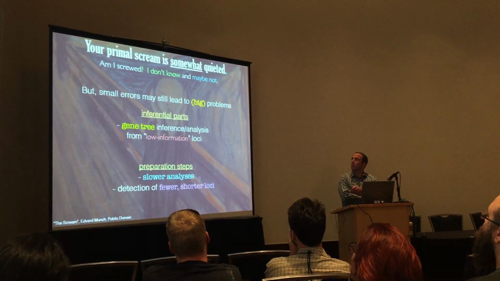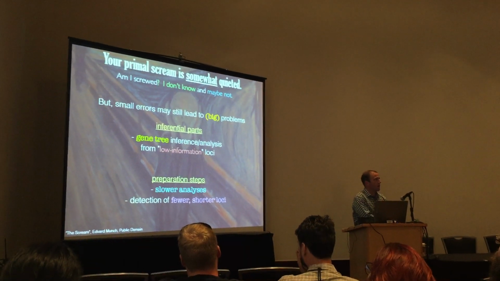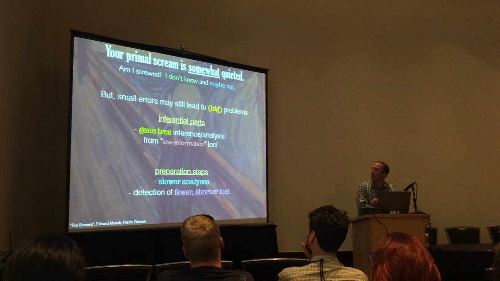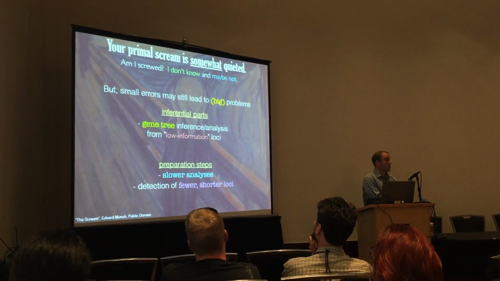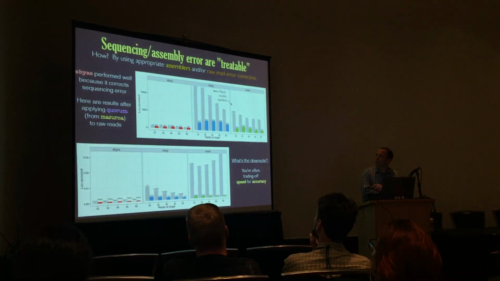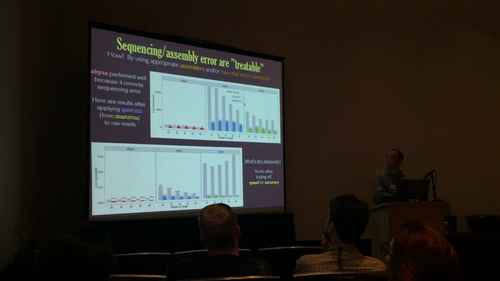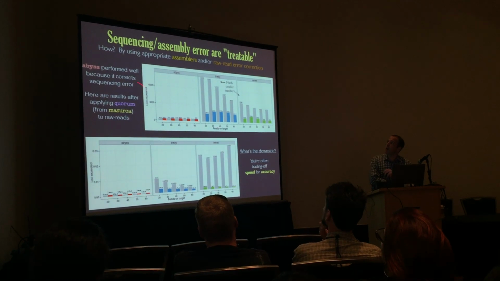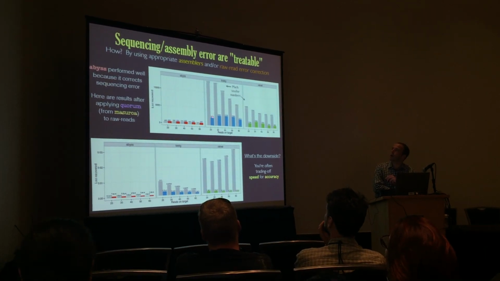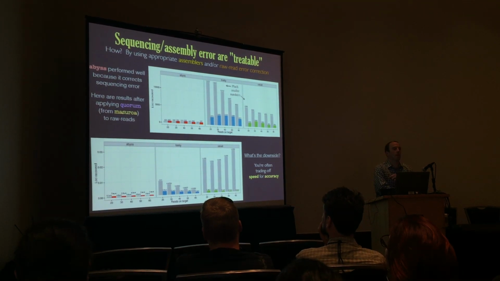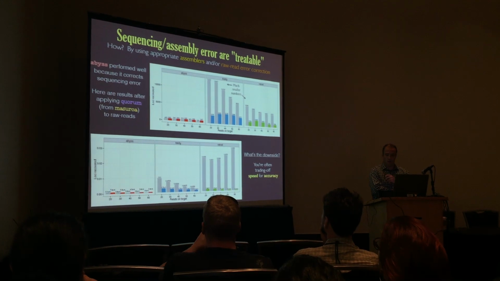Small errors may still lead to big problems, and that may affect gene tree inference, where we have very few sites that are making a big difference. And the other thing is, there are some preparation steps that go slower or will take longer because we have reads with error. The last slide I have is just showing that we can actually treat these sequencing errors by doing raw read error correction. And once we do that, we basically see that relative to what we started with, things like Abyss and Velvet perform better when we're correcting the sequence errors in the data. And with that, I'm